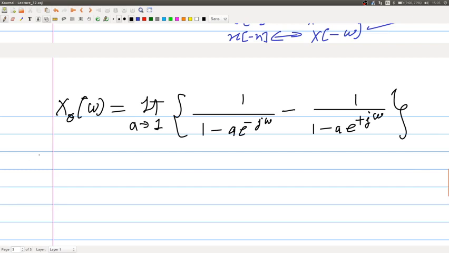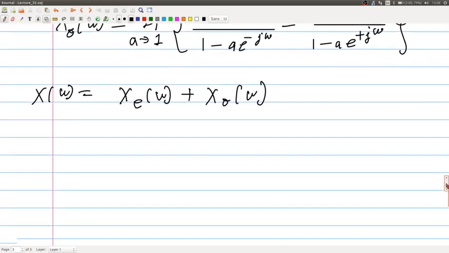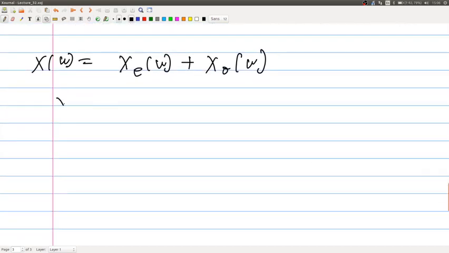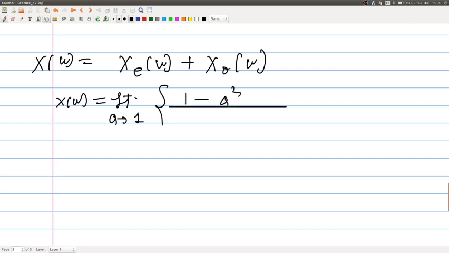Right? So now X of omega is X even of omega plus X odd of omega. So X of omega is the limit as a goes to 1 of (1 minus a squared) over (1 minus 2a cos omega plus a squared), with a 1 by 2 here,